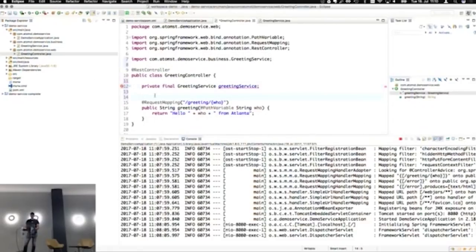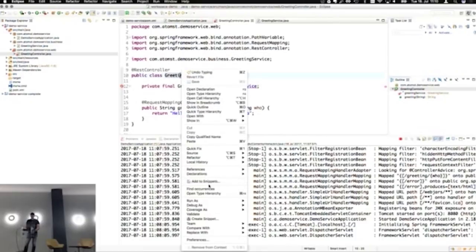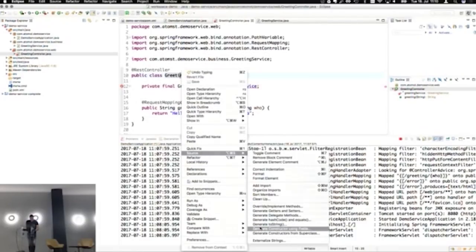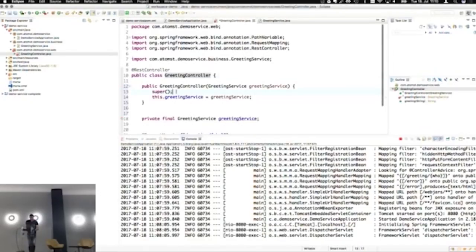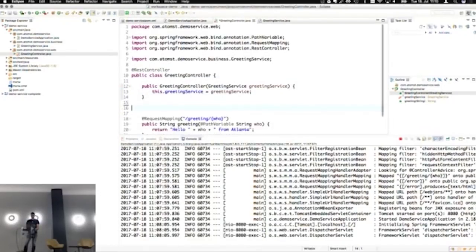And now I'm going to use a constructor to get this injected. So using fields. Oops.